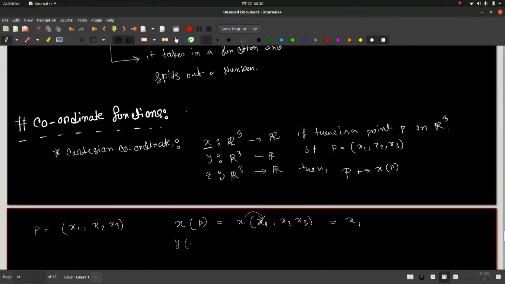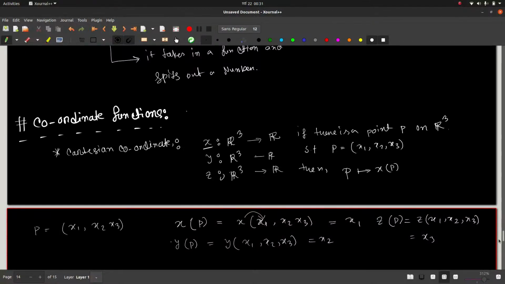Similarly, the y function will pick out the second coordinate, x2, and finally z of P will pick out the third number,